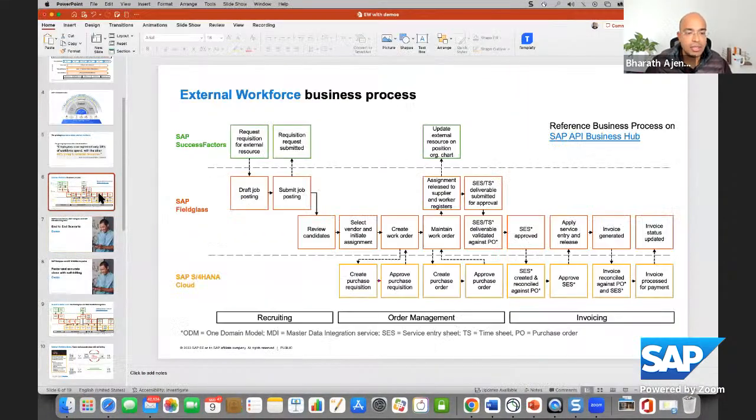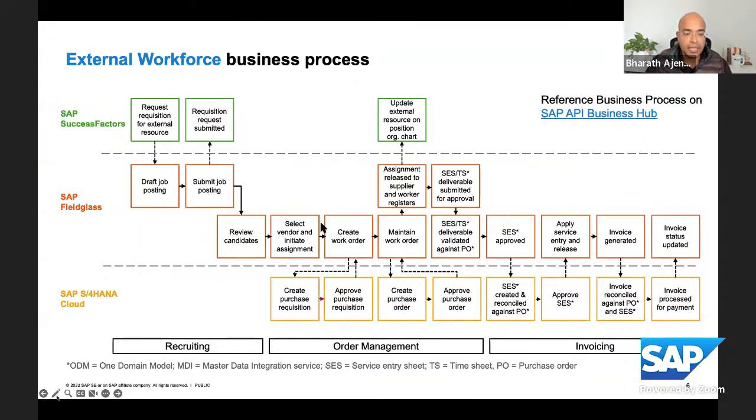So the scenario that we have seen so far is the front end of the piece, which is recruiting and order management, where requisition can start in SuccessFactors, but also it can start in SAP Fieldglass. Again, our customers tend to create job postings as well as statement of works quite a bit, and manage through this. But the second part of the demo that I want to show you focuses on the later part